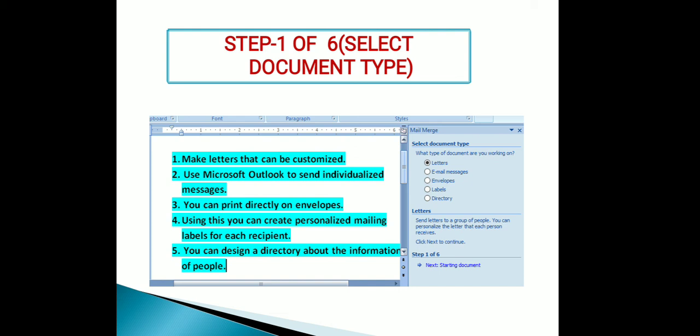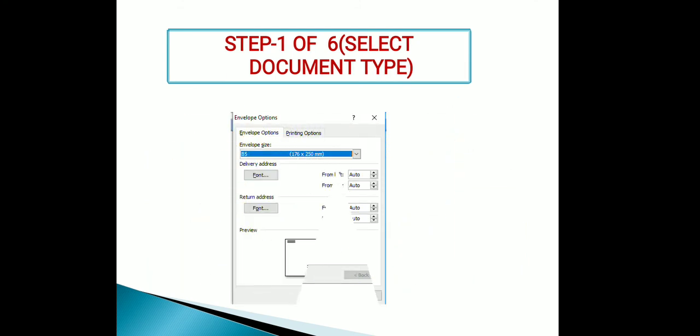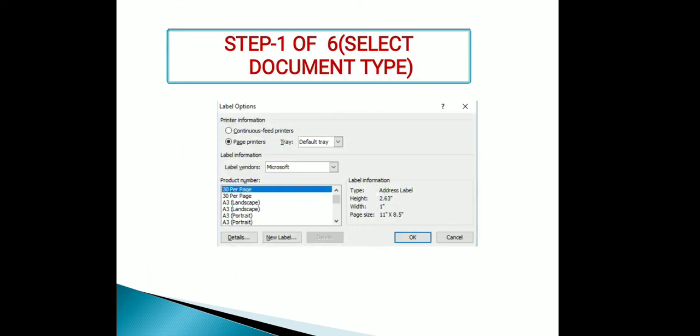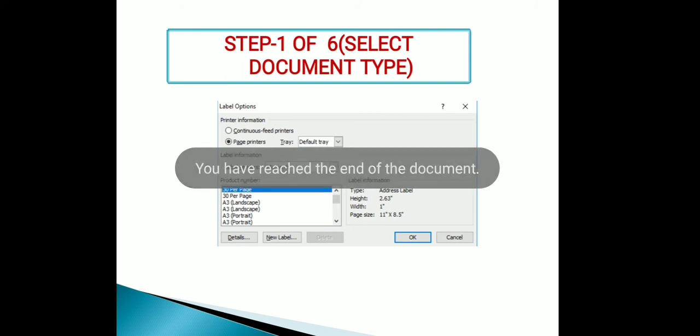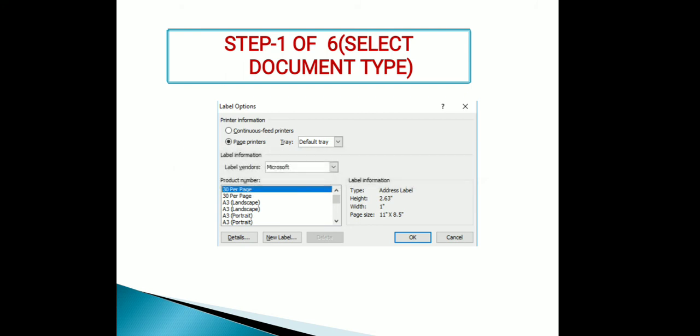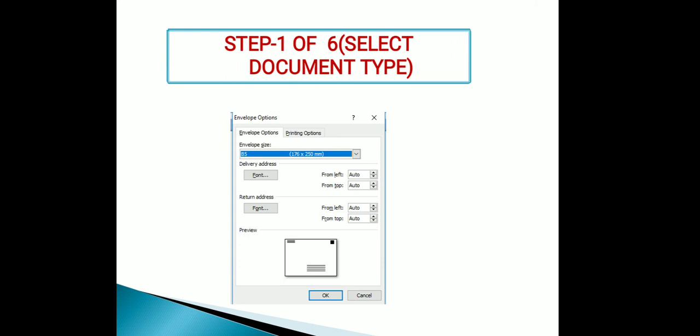For example, I'm going to show you the envelope. Here you can see the envelope, and you can set the size here, different options: envelope size, delivery address, set the font, return address.